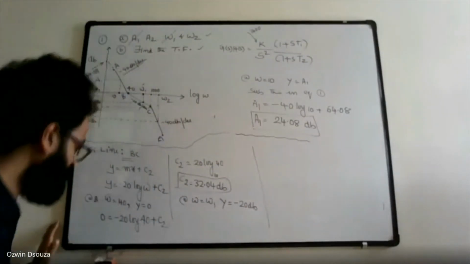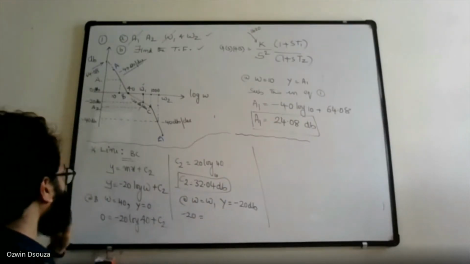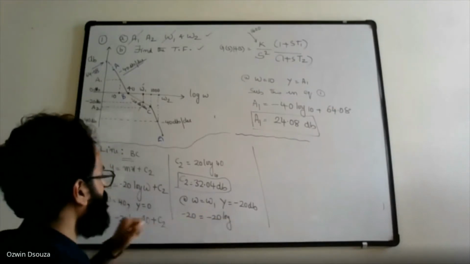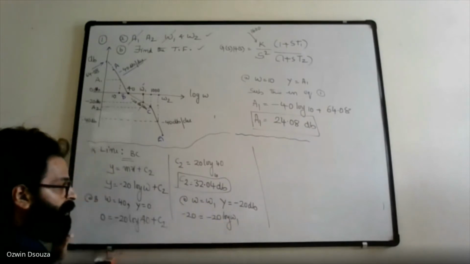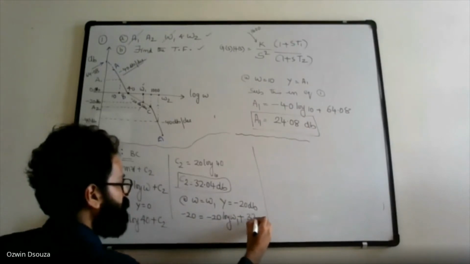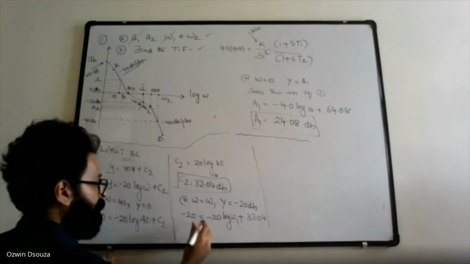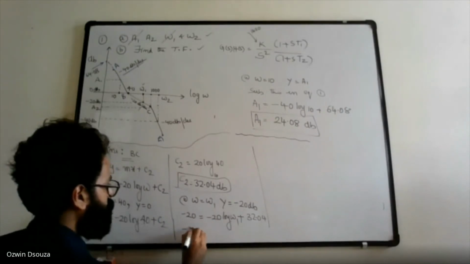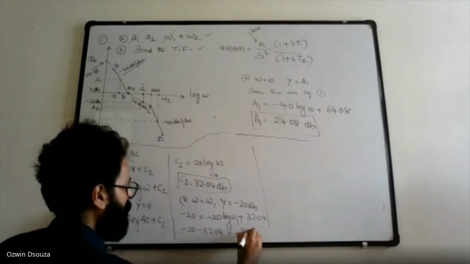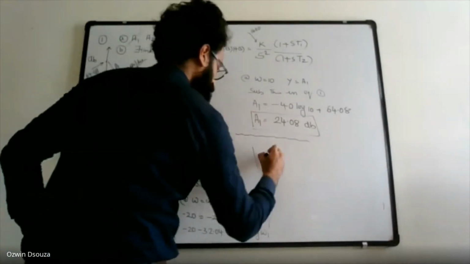So let's substitute. So LHS is minus 20. So you can write minus 20 is equal to m, which is minus 20 log omega, which is unknown. So let's take it as omega 1 plus C2, right? We have found the value for C2, that is 32.04. So you can take the value. So it is basically minus 20 minus 32.04 is equal to minus 20 log omega 1,